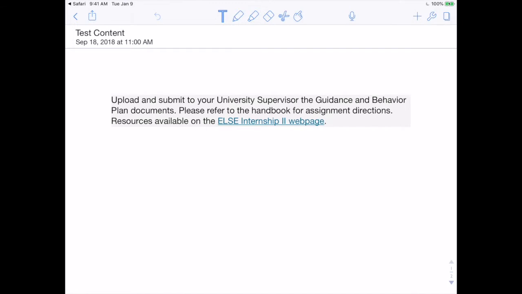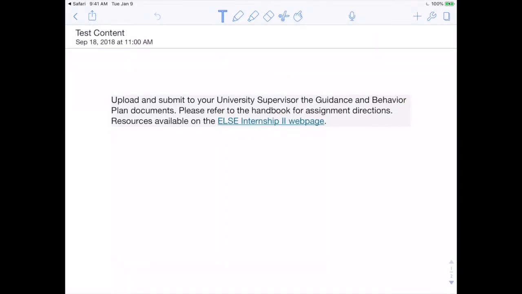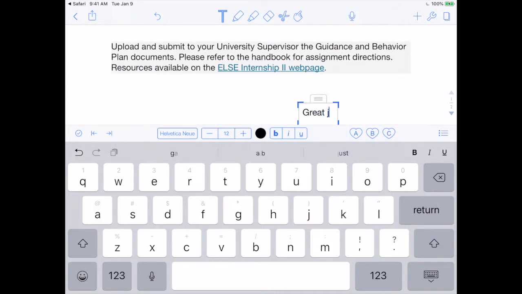And then it's going to open up my document within the Notability screen. So now I can use the Notability tools. We have a text button, a pencil, a highlighter, an eraser, and then you can cut things and just a finger to move around. So to add text, I'll just hit the T button, and then I'll start typing my